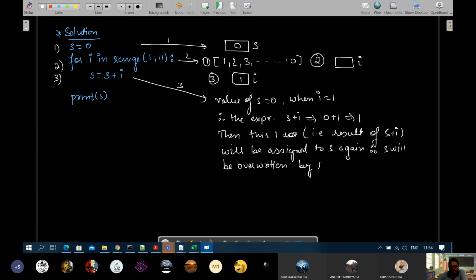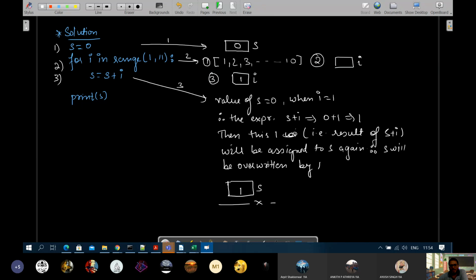So therefore now the variable s will change to 1 इस स्टेप के एंड में. ठीक है, this was when I is equals to 1. Okay, now